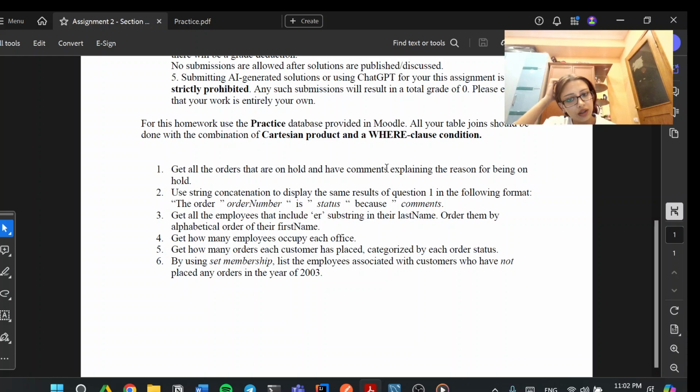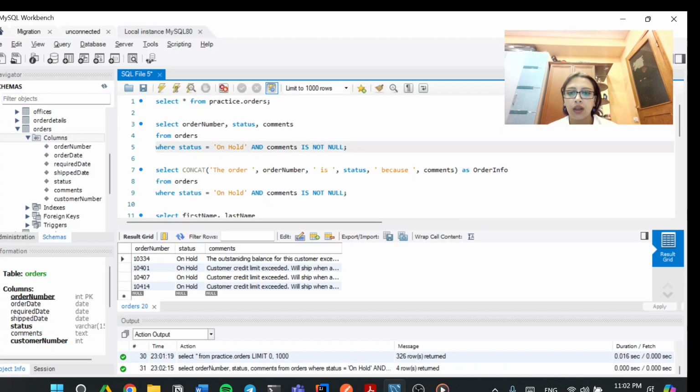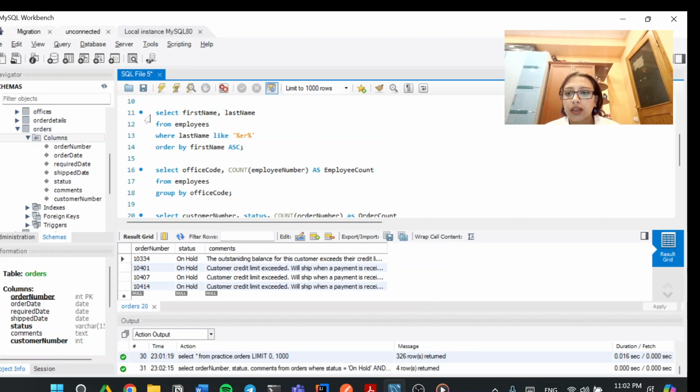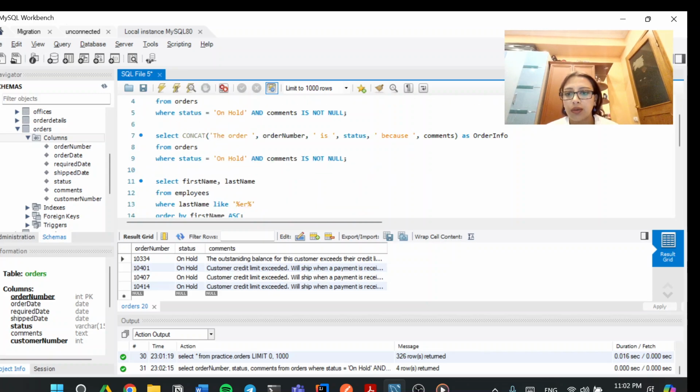Use string concatenation to display the same result of question 1 in the following format: the order numbers, the status, because comments. So to have a nice output that explains everything in a more human-friendly way, the second exercise says to do the same thing but concatenate it to have a nice output. So for that I need to use the same 3 columns and concatenate them to have a better output. I'm using concat, and